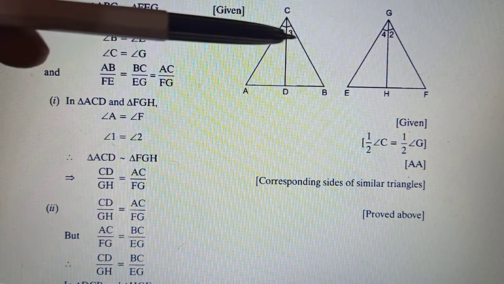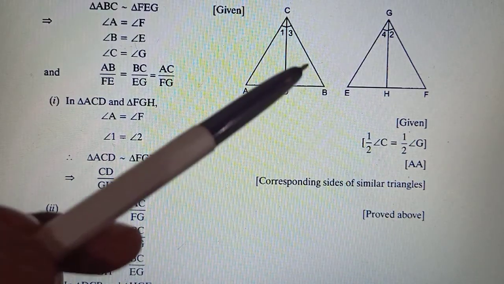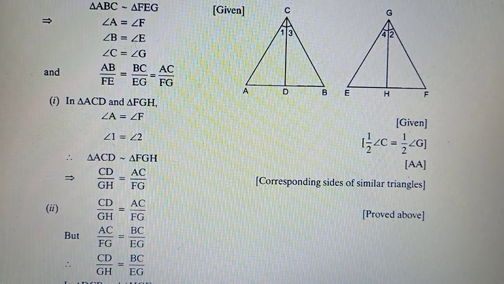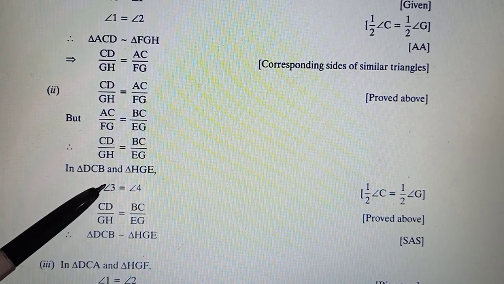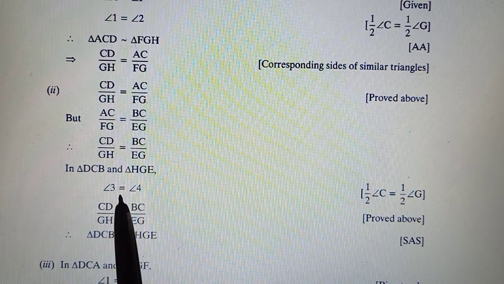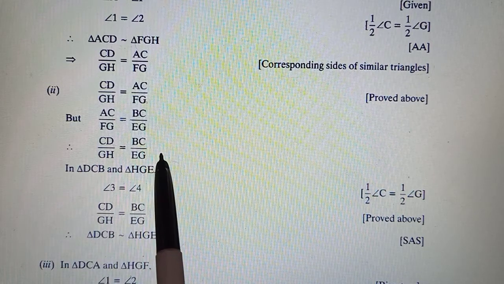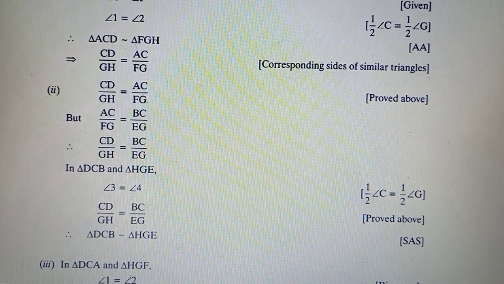Okay, now their included angles, 3 and 4, will also be equal because of the same fact that the two big angles were equal, so their bisectors will also be equal. Okay, so that is how we'll say that in these two triangles, angle half of C and half of G will be equal. So you have got your SAS criteria. The sides bearing the equal angles are all in proportion. We've shown that. So by SAS, these two small triangles are also coming as similar.